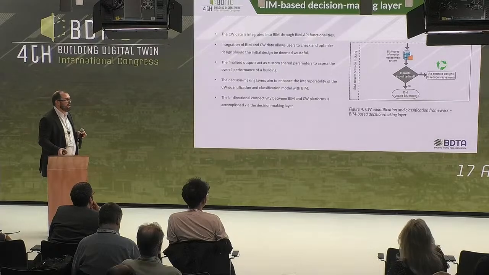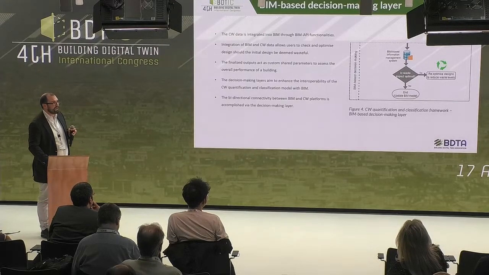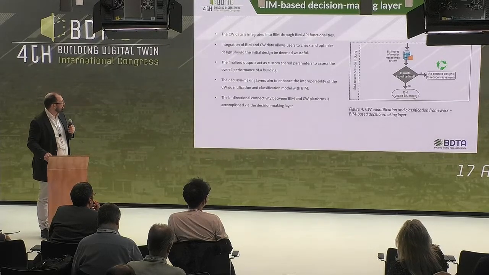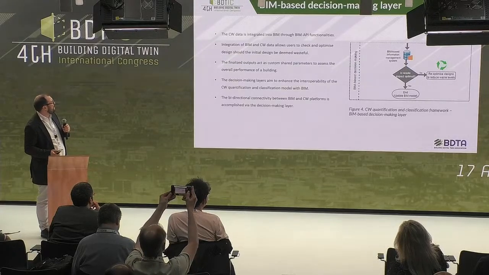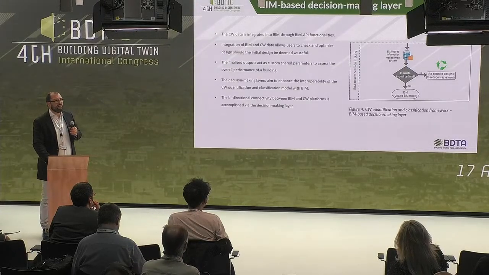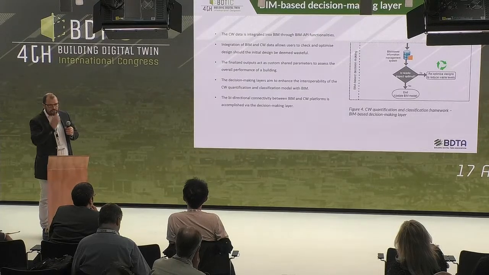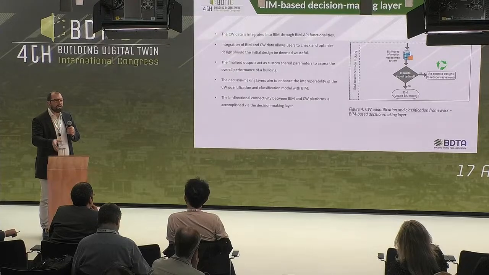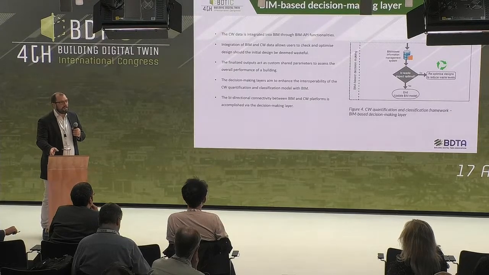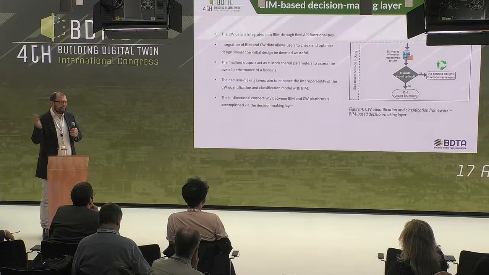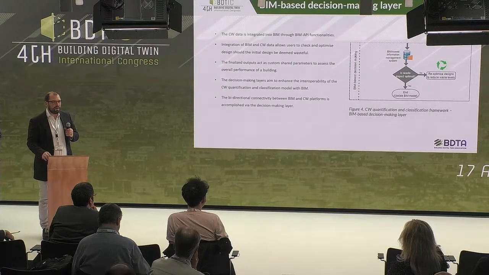Okay, and finally we have the BIM application. We have a BIM application, an API in Revit, that helps the designer optimize their design. So we create the BIM model at level of detail 300, and with that BIM model we give the designer options to lower the carbon emissions. It's a multi-criteria decision system: lower carbon emissions, lower energy consumption, lower waste.